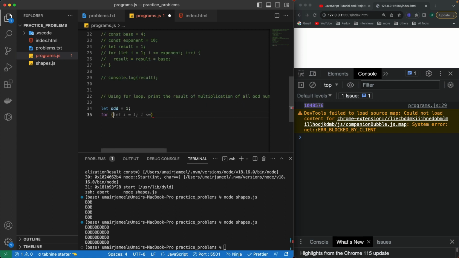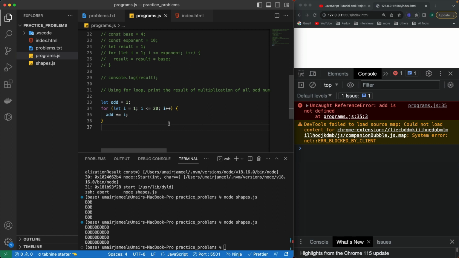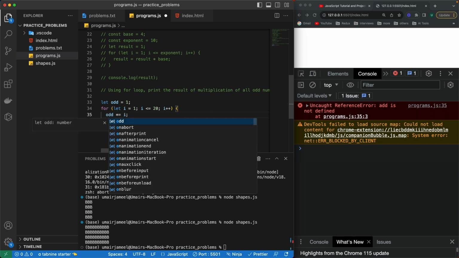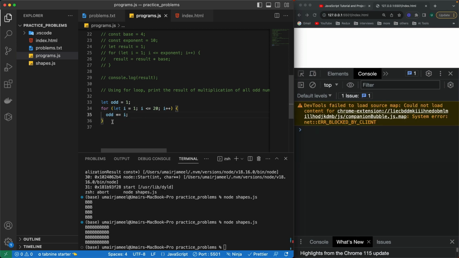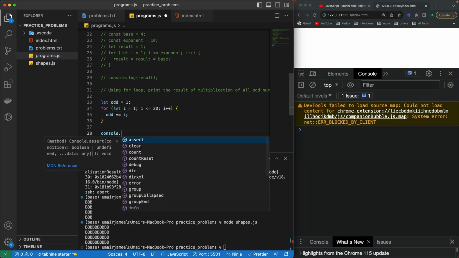So here I'm going to write let i equals 1 and i less than or equal to 20. Then I can add odd multiply equals i. But it's going to run 20 times. Let me tell you the problem it's going to have. It is odd actually. And then let's log this out,